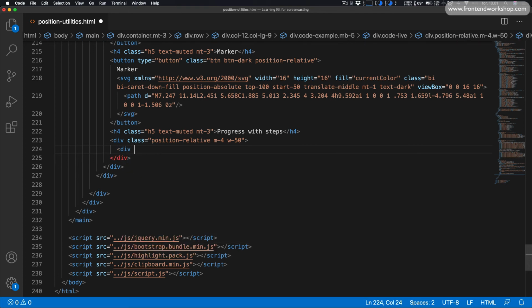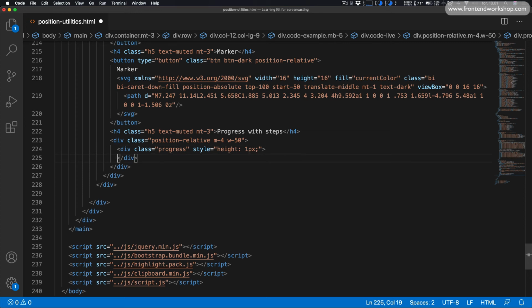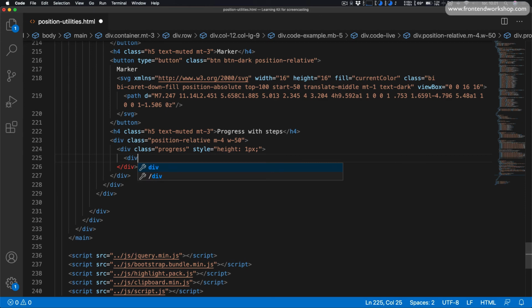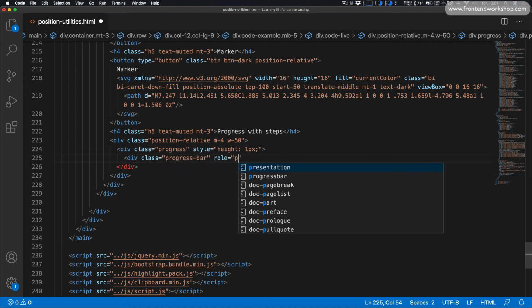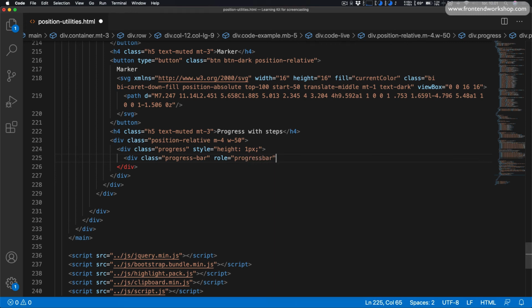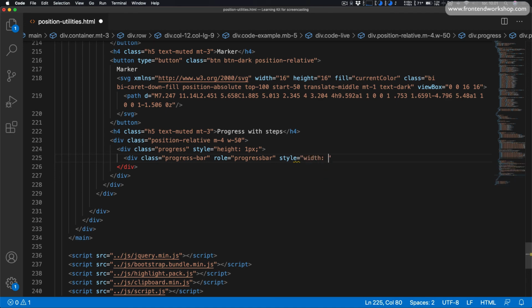Then we create our progress element using a div tag with the class progress, and an inline style with the height, the value 1 pixel. So this will be the height of our progress. Inside of this we add the div tag with the class progress bar, the row progress bar without any dash. Then we'll also give this an inline style with the width of 50% and the